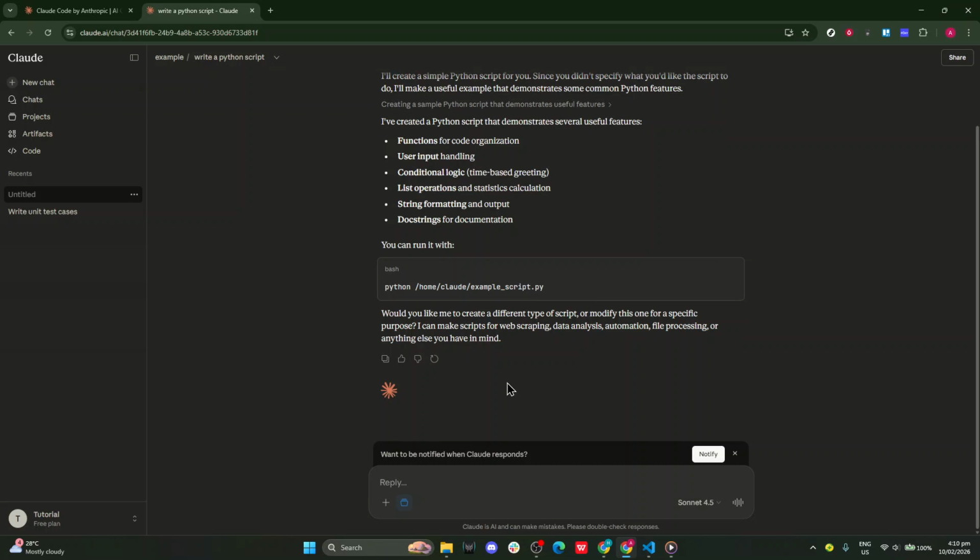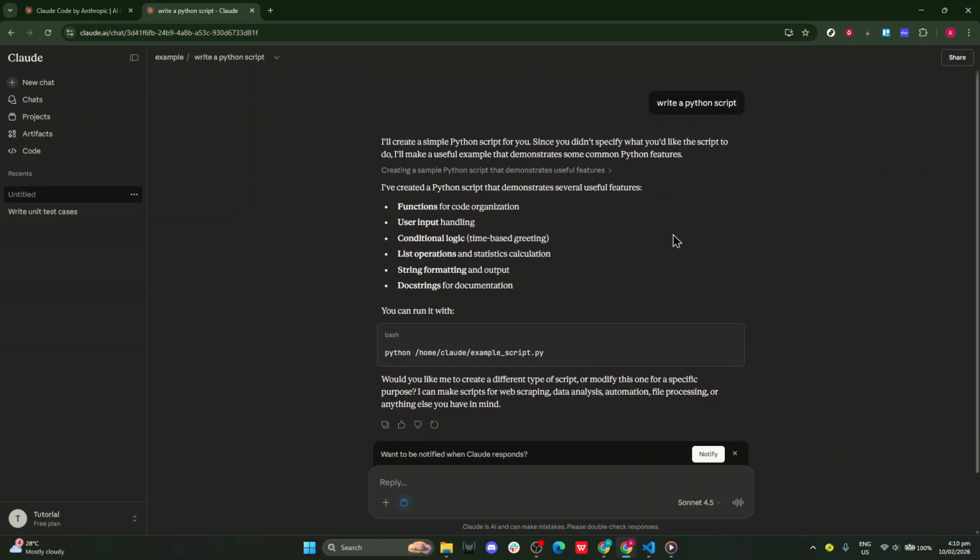Leverage context by referencing files directly in your prompts. Point to paths like frontend/app.jsx